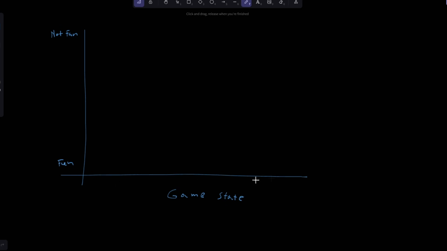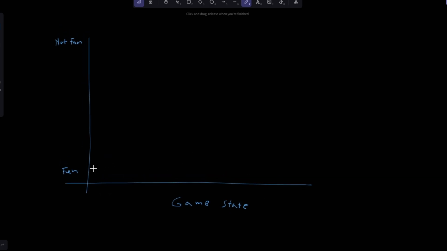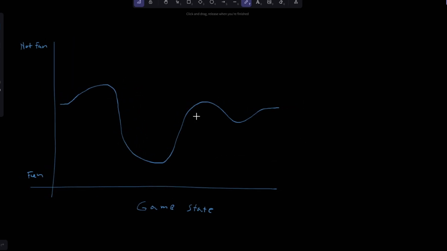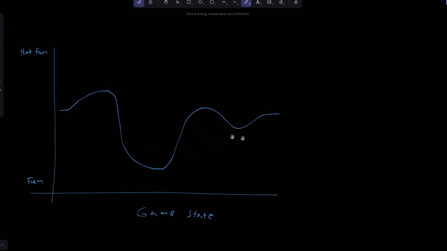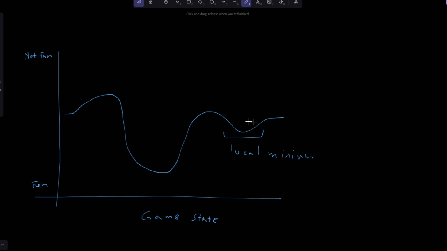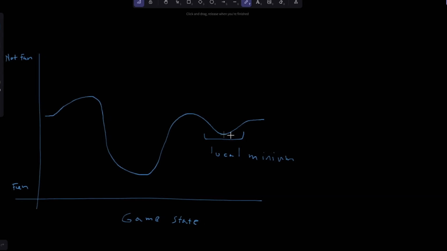Right? So the game can be in many different states, but this is just a visualization. The search space might be much bigger for a game like Arknights, but just to get my point across, let's say that we start here. So here we have something called a local minimum. The local minimum is basically the minimum we can reach if we take the gradient at a point